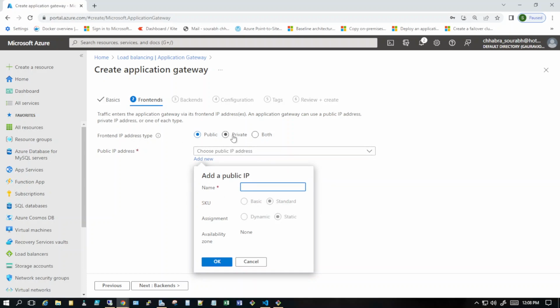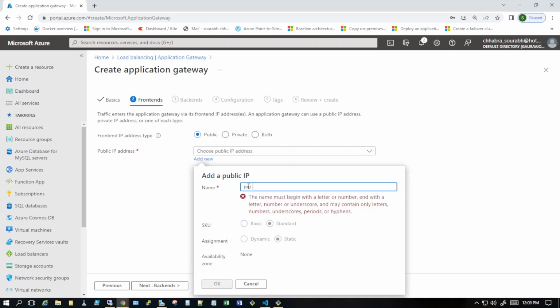So you can create a private one as well, and that can be static. When you select private, your application gateway IP would be inside that subnet, right? It would be pulling the IP address from the subnet that you have placed your application gateway in, right? So currently I'll just quickly show you how to create a normal